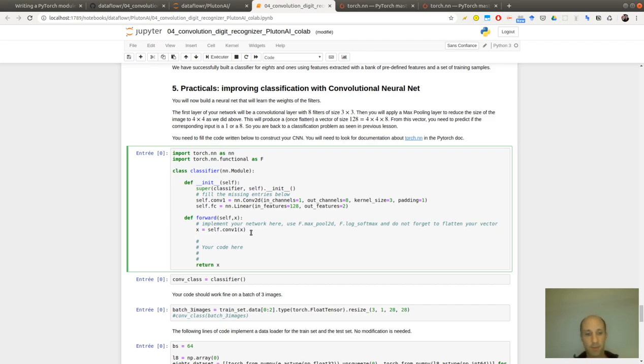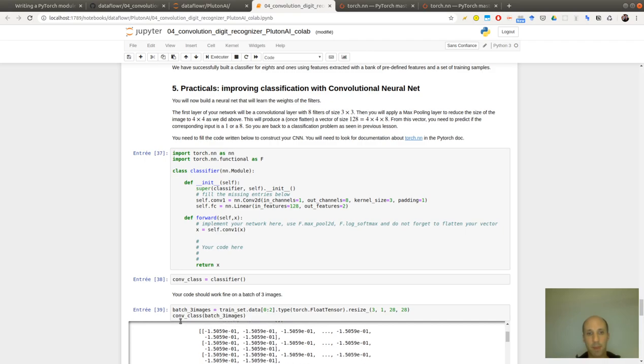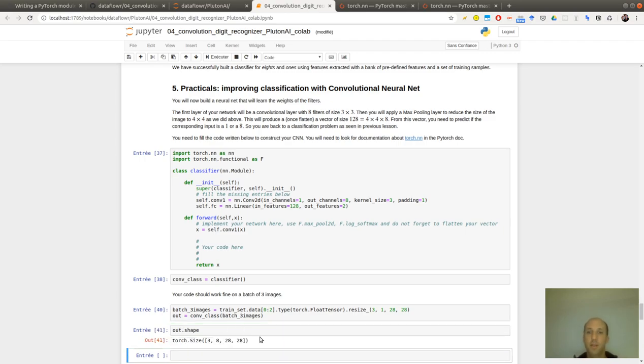Actually what we can do is first try this, to see if it's working, the convolution. So I'm taking a batch of size 3, one input channel, 28 by 28.